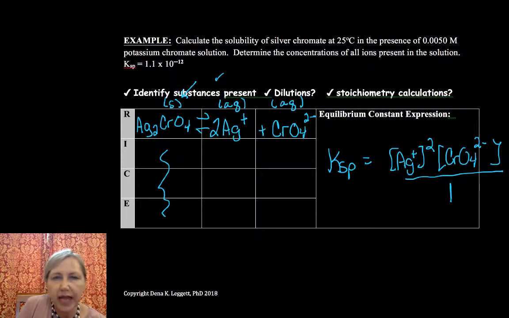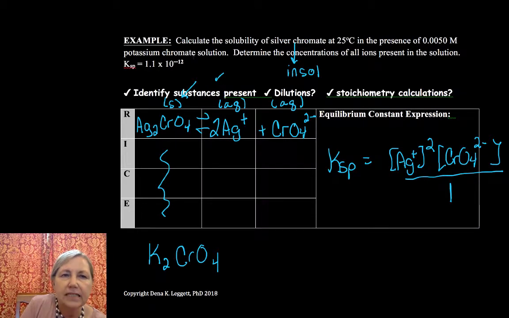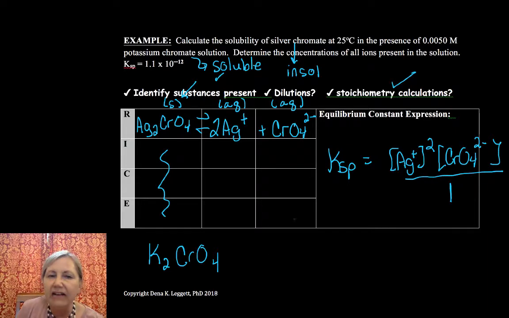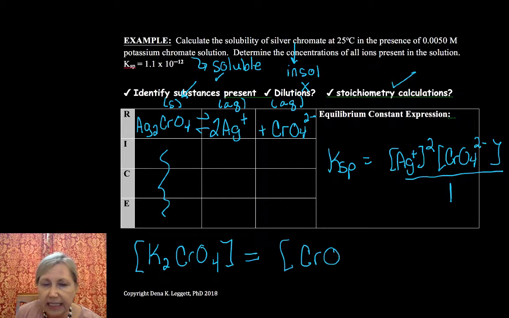We've identified, let's do that. So silver chromate's an insoluble solid, but we've also added potassium chromate. Potassium chromate is a soluble salt. And soluble salts mean we have to do some level of a stoichiometry. There is no dilution. We did not add volume to volume. So in this case, honestly, this is all I would expect to see from my students, is that my molarity of potassium chromate is the same as my molarity of my chromate because it's a 1-to-1 mole ratio, and that's equal to